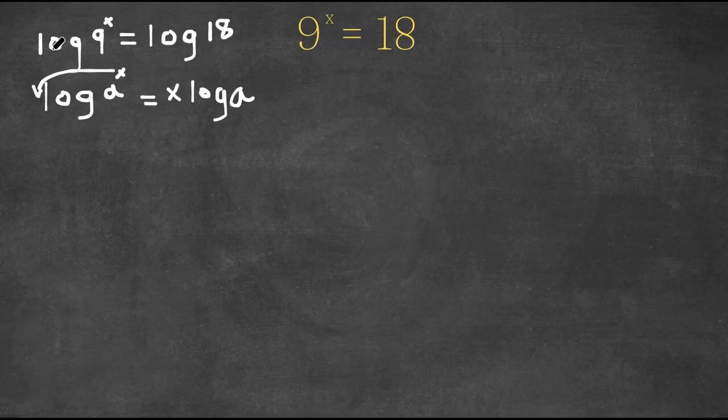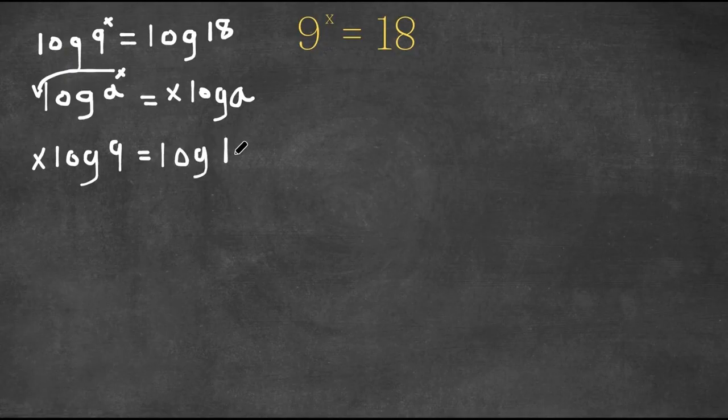So I'm actually going to change log 9 to the power of x into x log 9. And this is equal to log 18. Now, if I divide both sides by log 9,